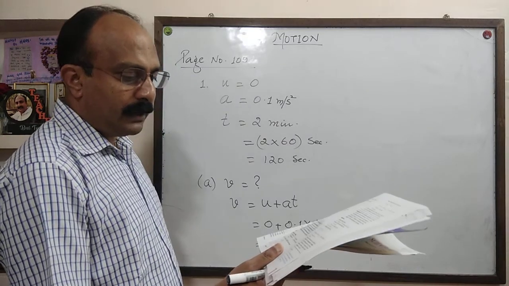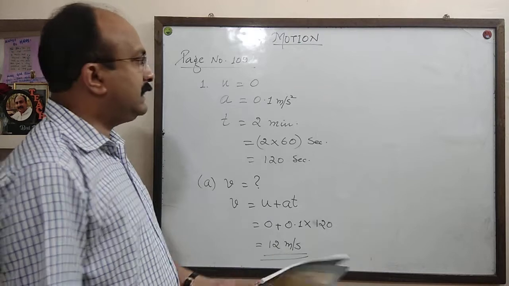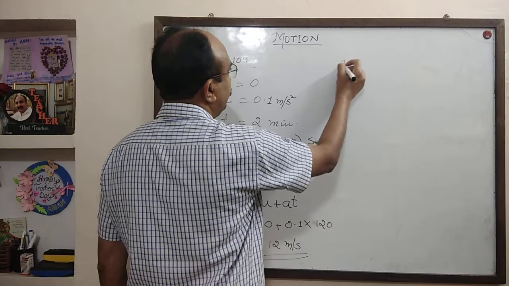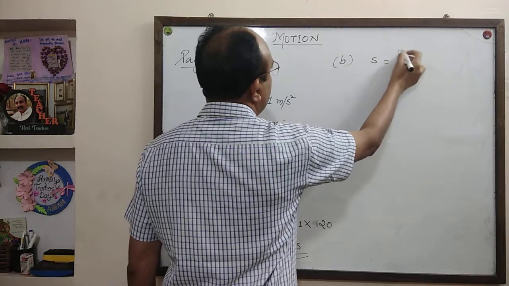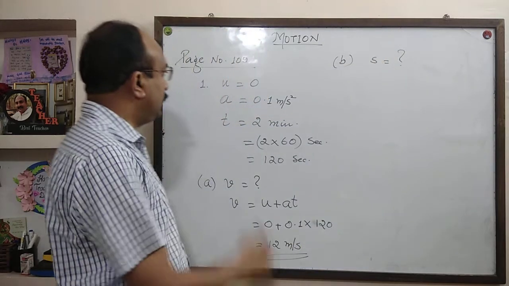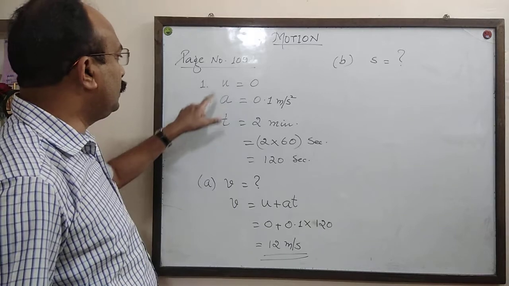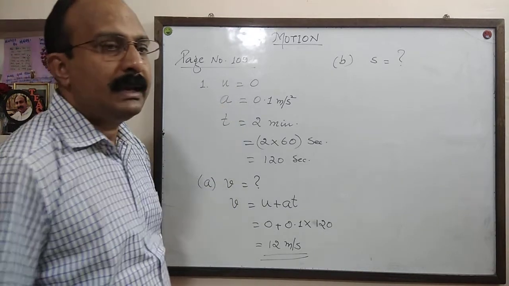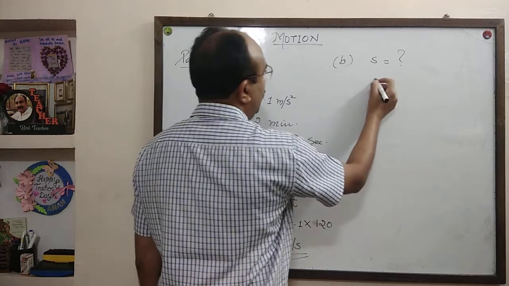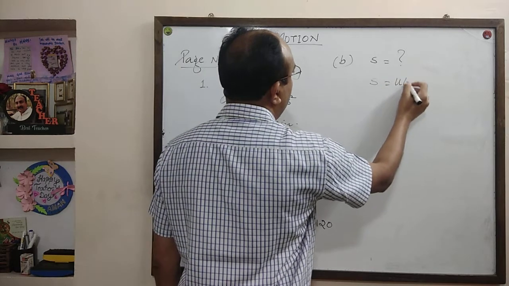And there is a B part also. B, the distance traveled. Now what is the symbol for distance travel? S. So S is equal to question mark. Now we have U, A, T, V and S is asked. Using second equation of motion, S is equal to ut plus